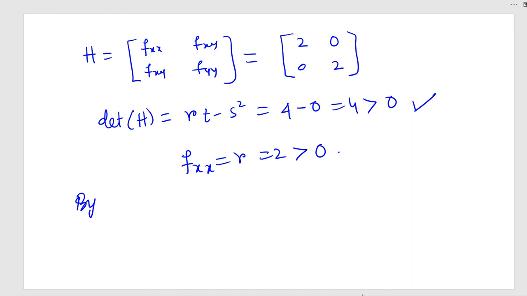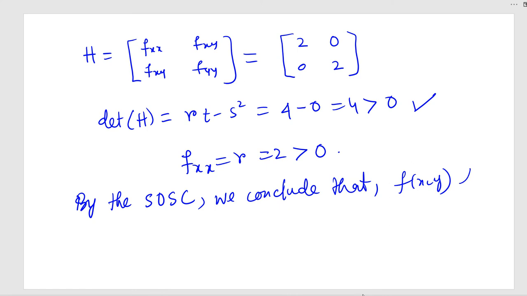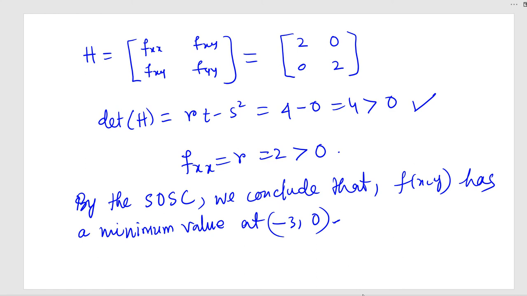So by the second order sufficient condition, SOSC, we conclude that f(x, y) has a minimum value at minus 3 comma 0, the stationary point, and the minimum value is,